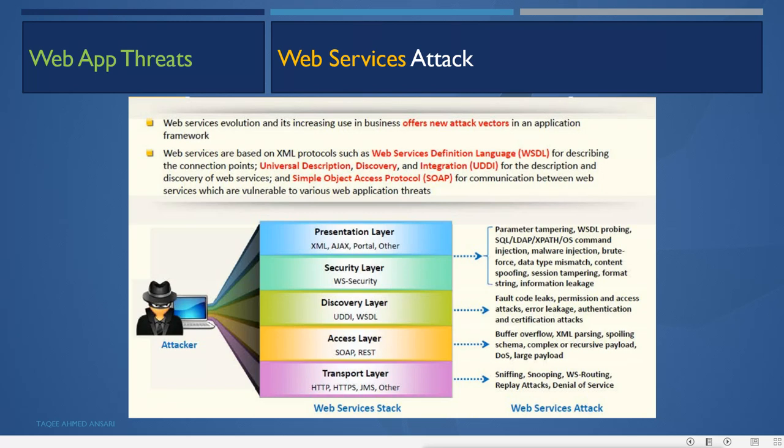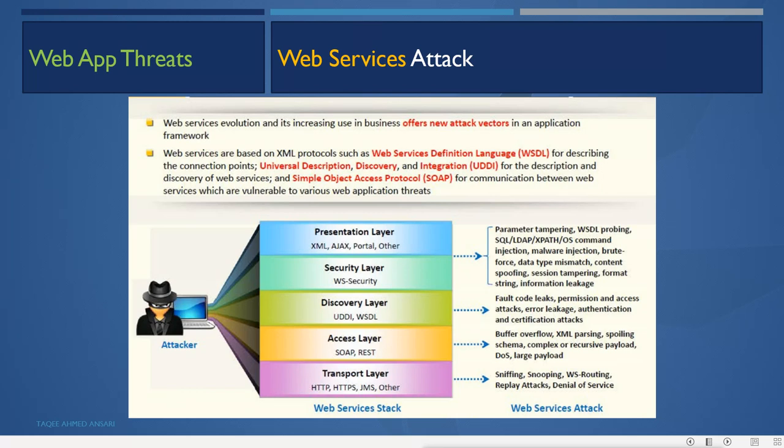Now in these layers we have different attacks. In the presentation layer we can have parameter tampering, WSDL probing, SQL, LDAP, XPath, OS command injection, malware injection, brute force, data type mismatch, content spoofing, session tampering, format string, information leakage. Then in the discovery layer we have fault code leaks, permission and access attacks, error leakage, authentication and certification attacks.